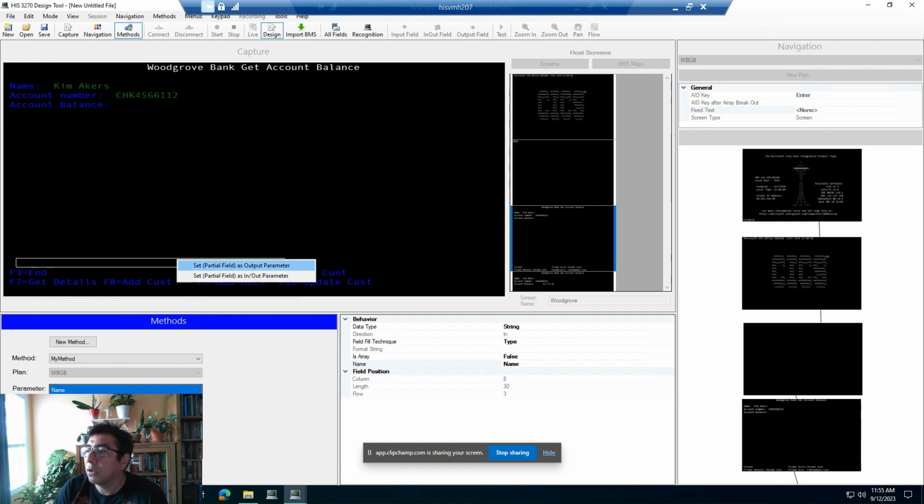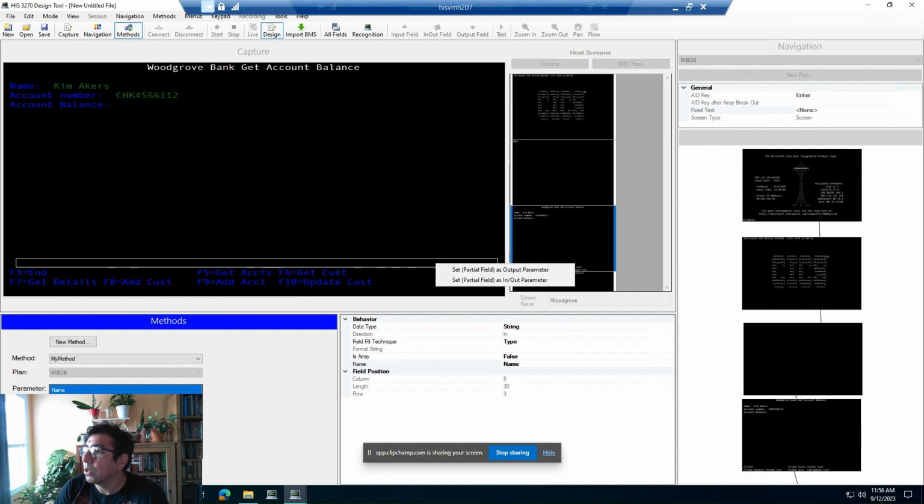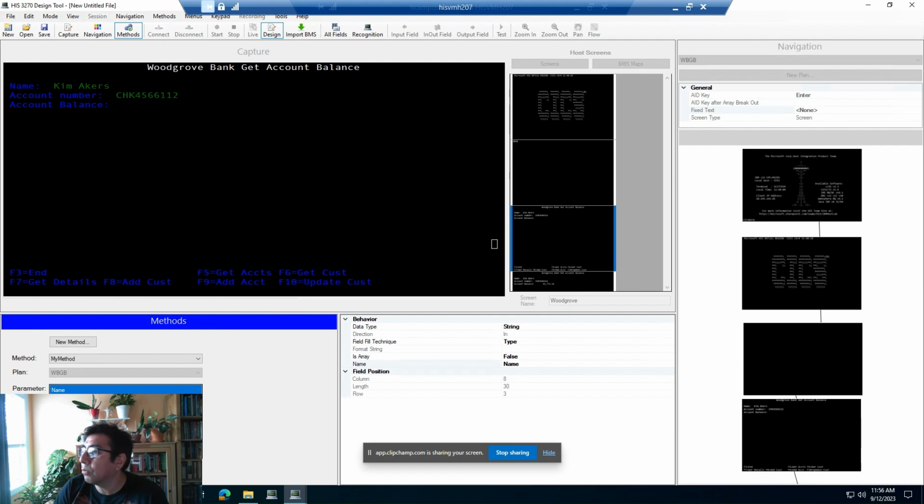Then set partial, or as output partial field, because I have not completed the whole definition of the screen, right? But anyway, I can add just these three values here, and then I can change the data types of each one of them, right? And then what I'm going to do is I'm going to switch